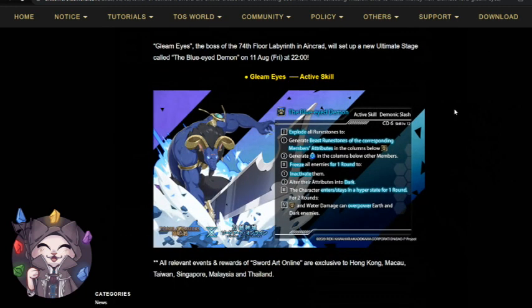And yeah, explode all runes to generate beast runes of the corresponding member's attribute in the column below beast members. Generate water runes in the column below other members. Freeze all enemies and then inactivate them for 1 round, and turn their attributes into dark. The character enters and stays at hyperstate for 1 round, and water and beast members can overpower earth and dark enemies. CD6. Honestly, this is a very good card for a beast team, and it has a very unique combination